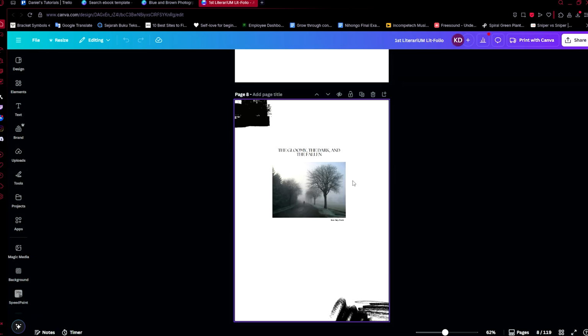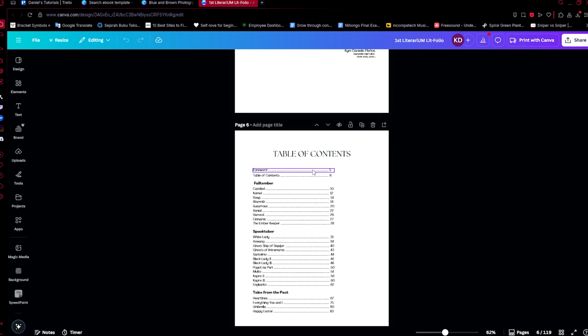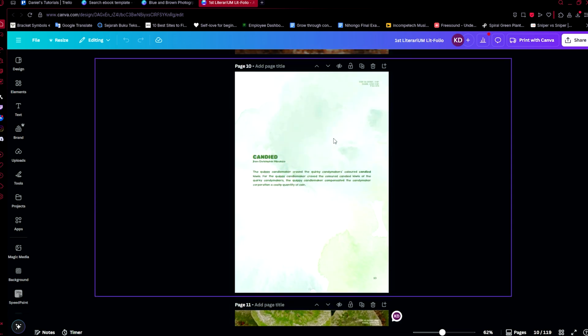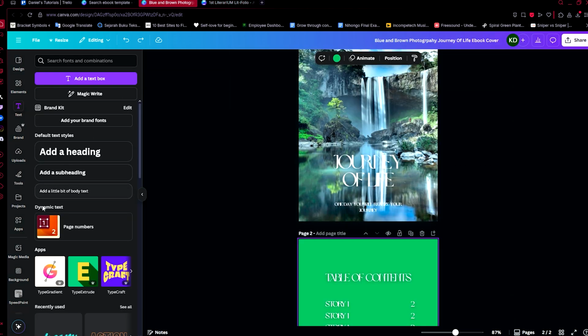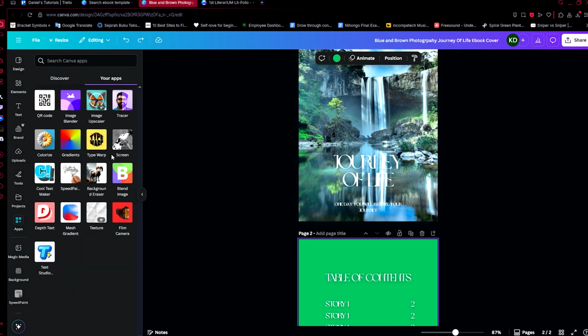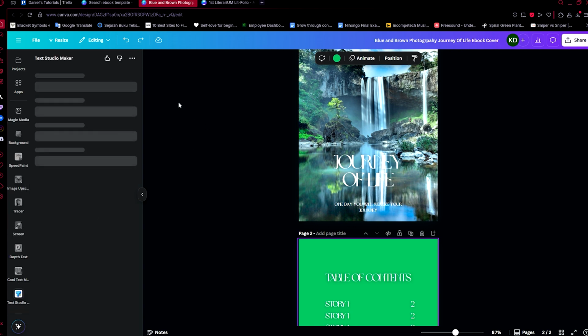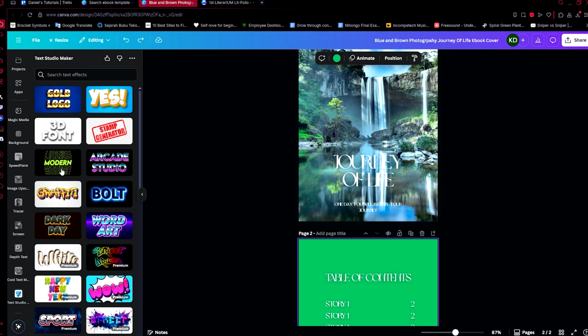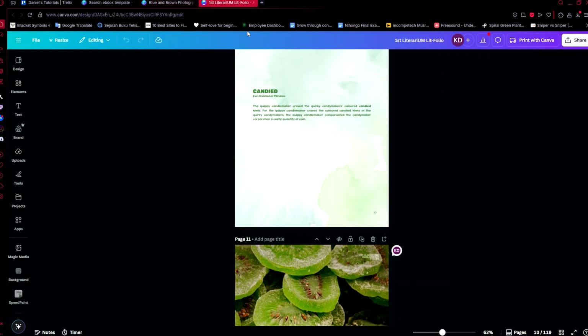Just to give you another peek at what I did here on my story, I basically just added more text and then just looked at the entirety of the book. The table of contents part had to be done last. And then I just had to use lots of the apps that are available here as well, such as this one, Text Studio. It's free. And you can use it to add amazing text such as this one, like Full Timber. If you look here, as you can see, you can use all of these that are not premium and then put it